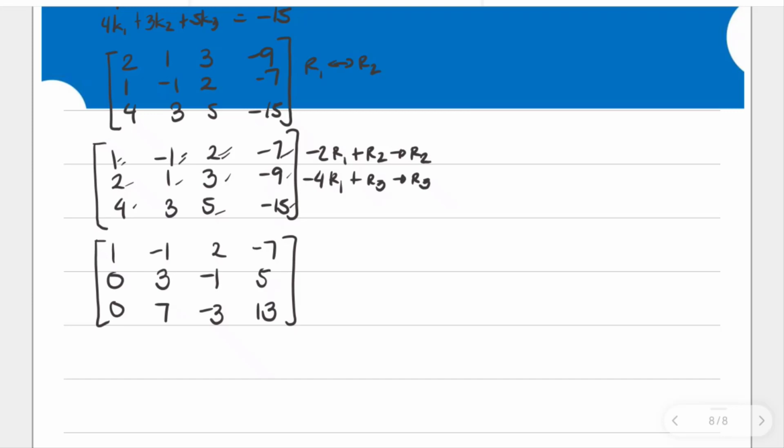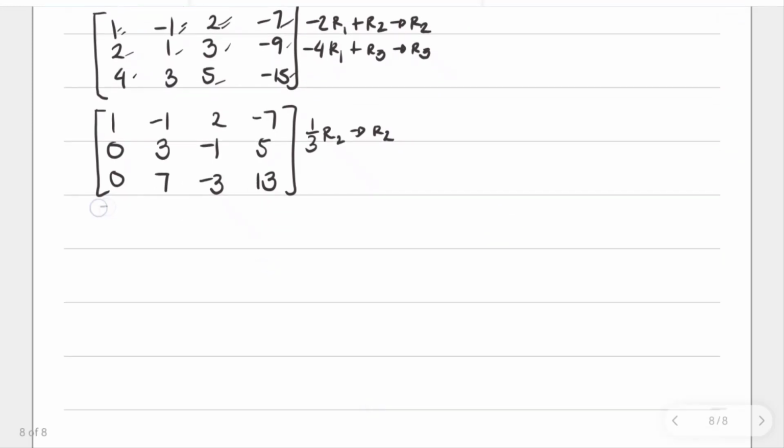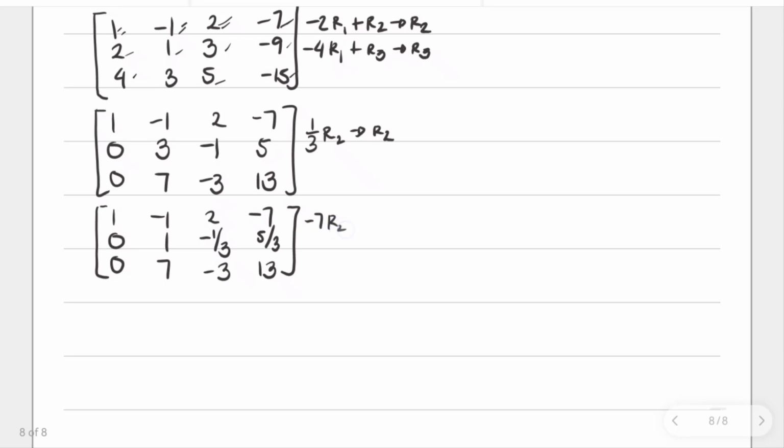Next, let's multiply row 2 by 1/3 for a new row 2 before application of the next row operations. So we have 1, negative 1, 2, negative 7, then 0, now 1, negative 1/3, now 5/3, then 0, 7, negative 3, and 13. And I'm going to multiply negative 7 to row 2 plus row 3 for a new row 3 to make